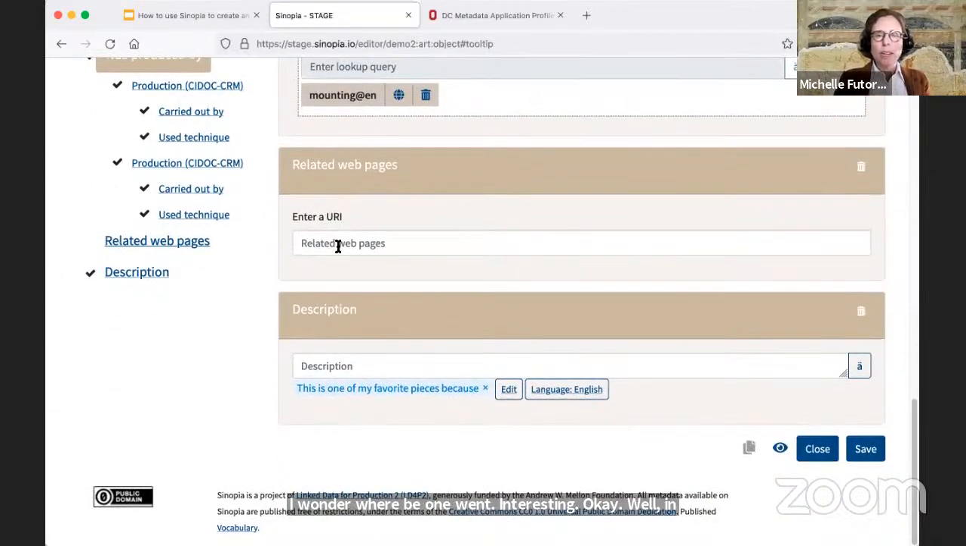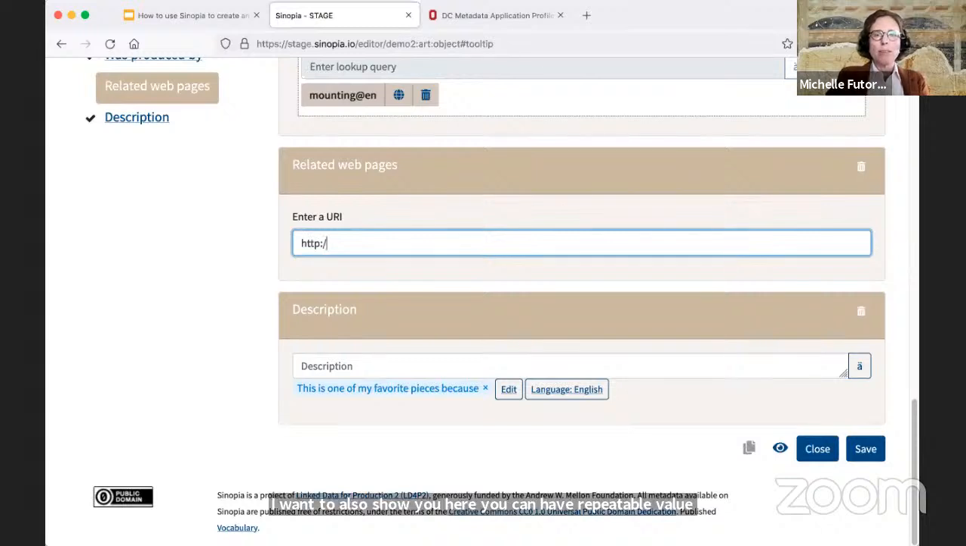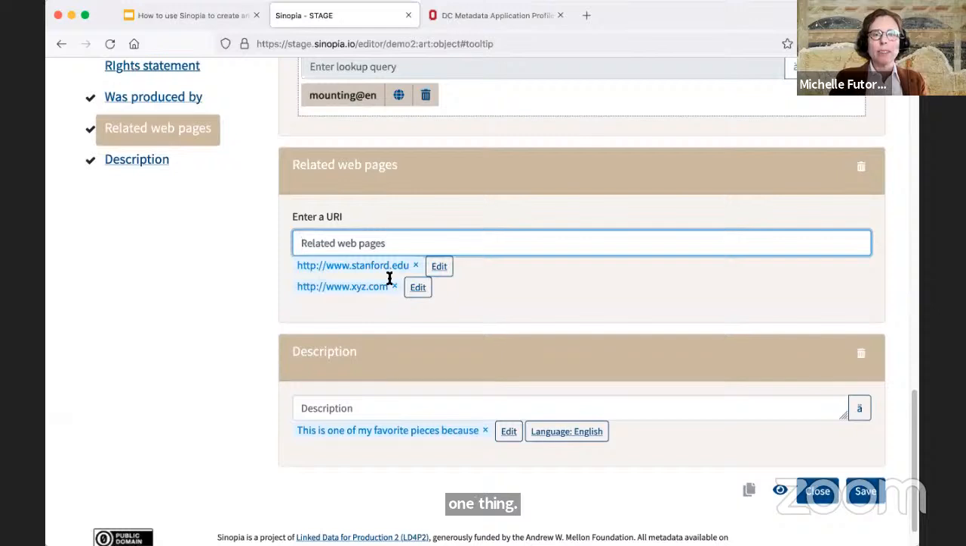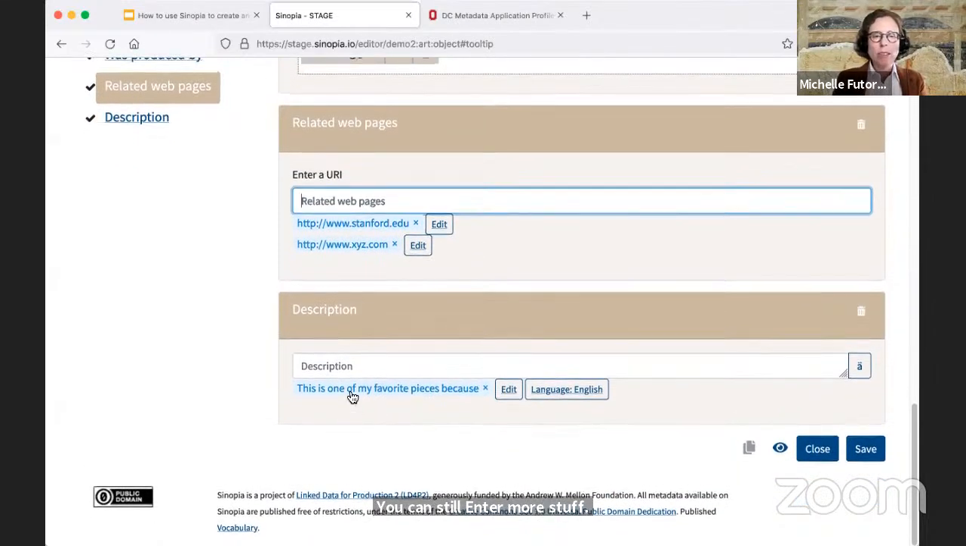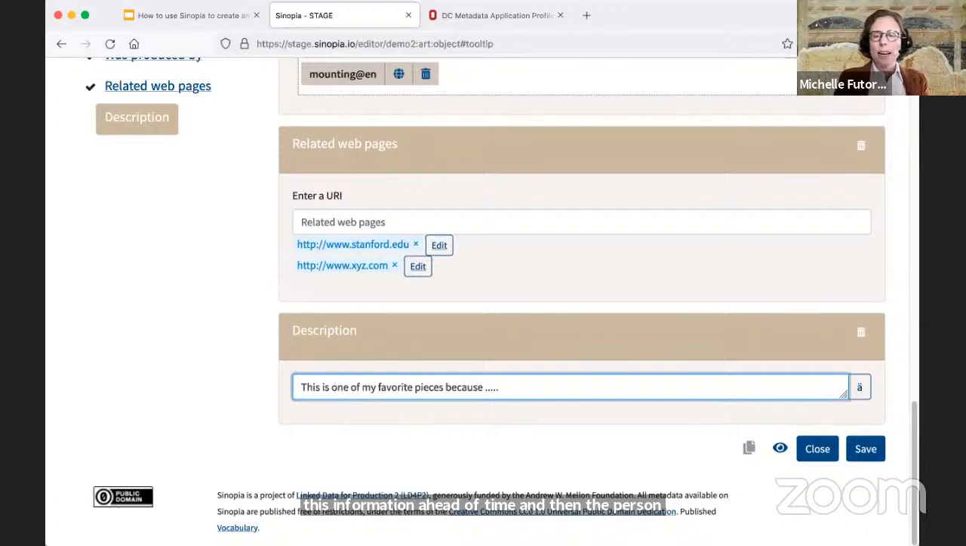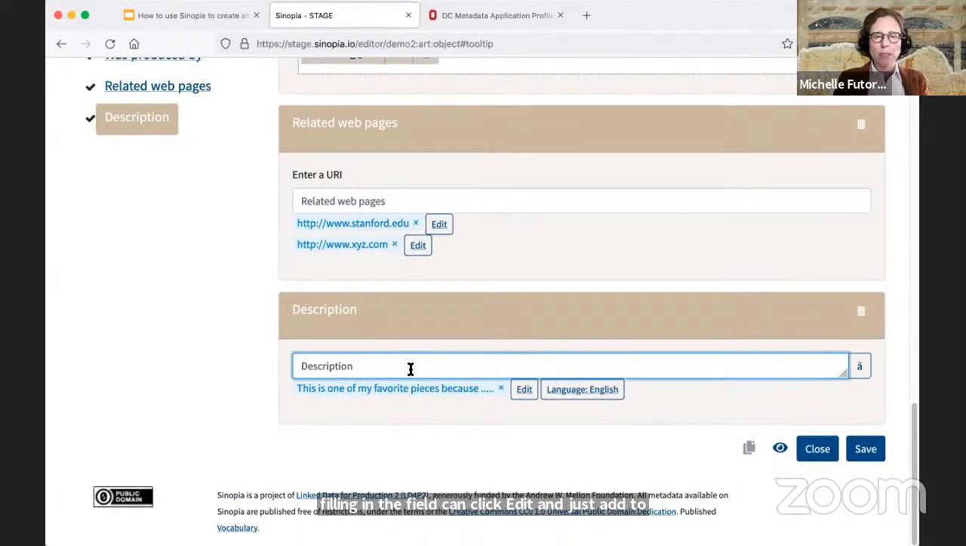I want to also show you here, you can have repeatable values. So if I wanted to have some related web pages, I'm just making this up to show you that once you enter one thing, you can still enter more stuff. That's a repeatable field. And finally, fields can have default values. So here in the description, say I'm working on a project and I'm going to have a field where it always starts the same way. I can put in this information ahead of time, and then the person filling in the field can click edit and just add to that to save some typing or to enforce some kind of literal value that you always want to have there. So when you save now,